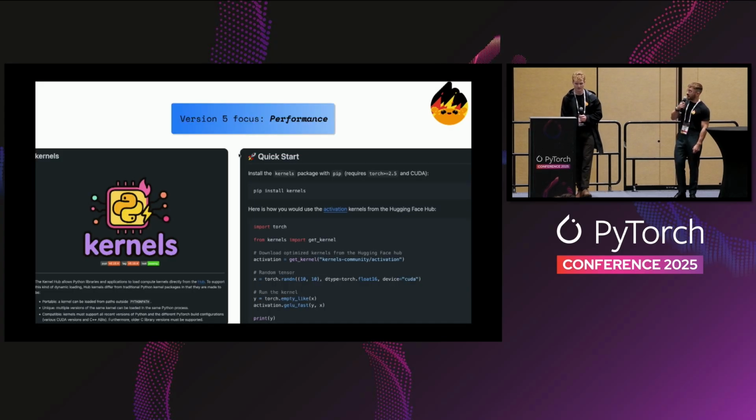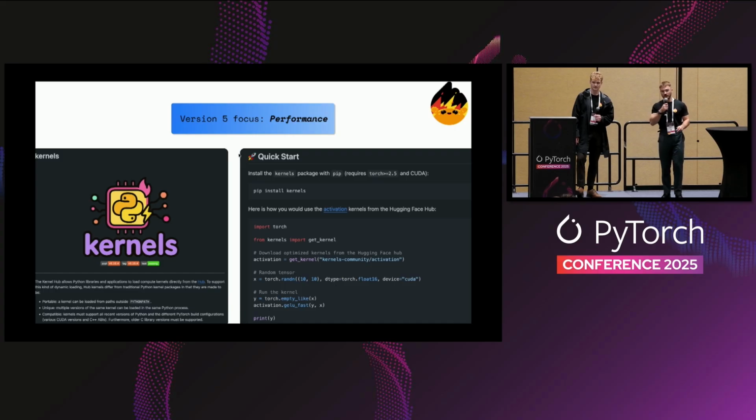A new topic that we've never focused on with Transformers until now is to really be performance-oriented, and to have model definitions that aren't only simple to use and simple to understand, but also pave the way towards better performance. So we introduced the kernels library recently, which allows using pre-compiled kernels dedicated to certain hardware and certain software versions directly within the Transformers toolkit.